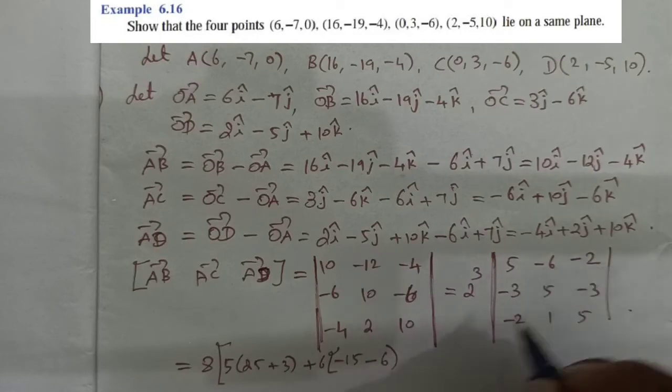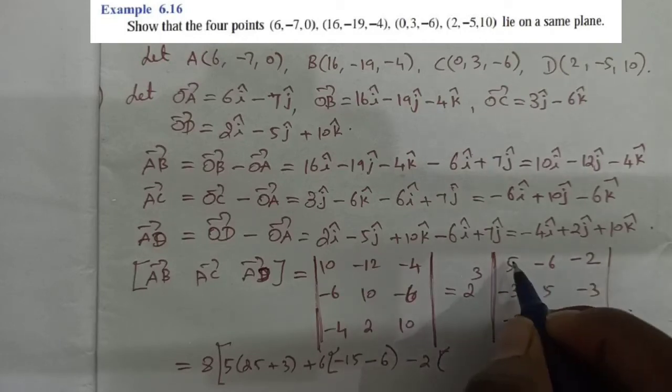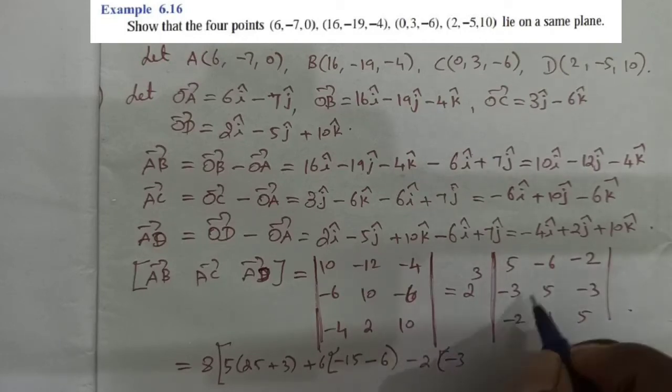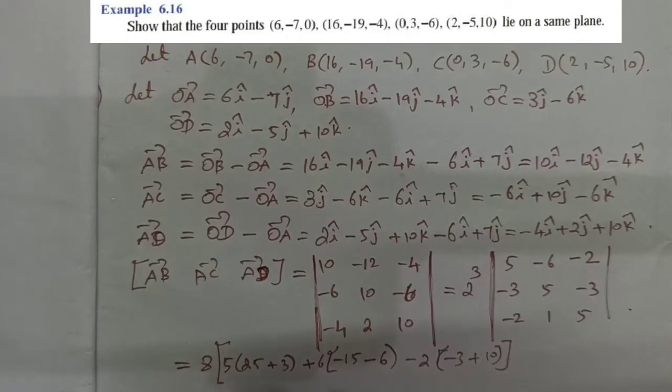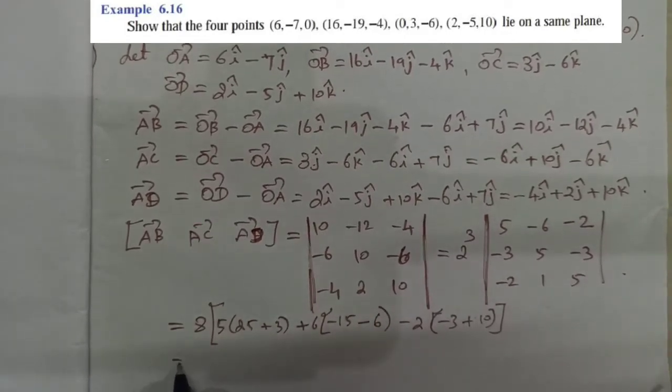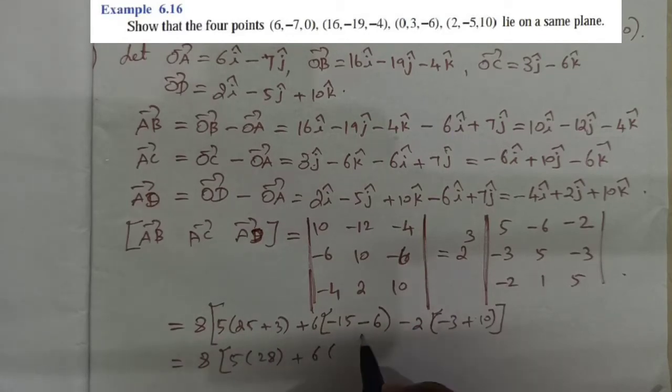Next one, minus 2 into minus 3, minus and minus plus, 5 twos are 10. So finally we have 8 into 5 into 28 plus 6 into minus